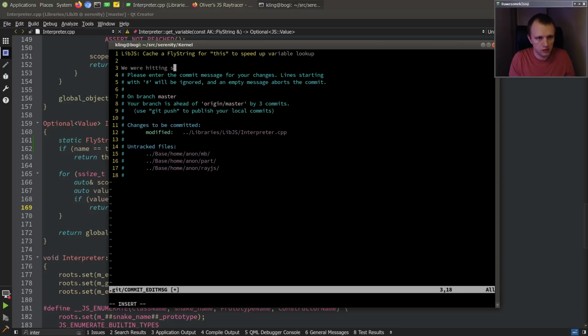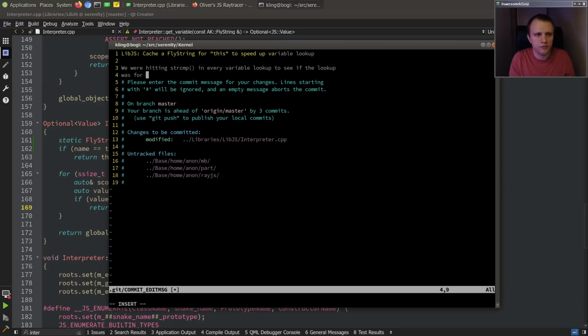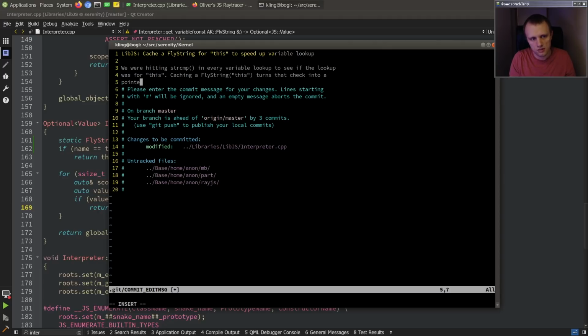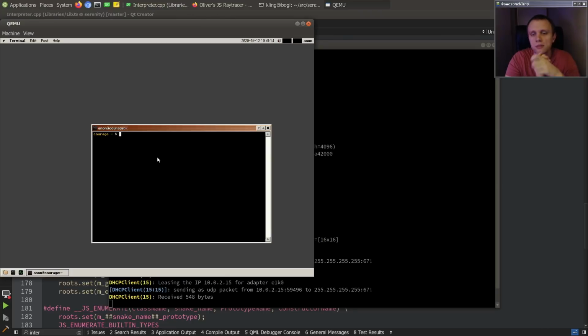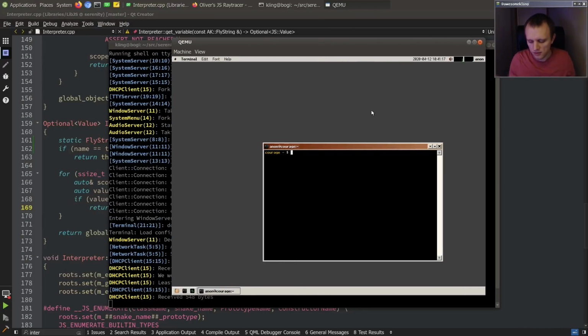So cache a fly string for this to speed up variable lookup. We were hitting strcomp in every variable lookup to see if the lookup was for this. Caching a fly string turns that check into a pointer comparison instead. Yeah. Okay. So I think maybe we're going to be done here for the day, but that was a little